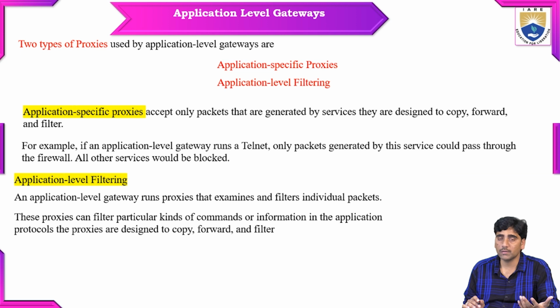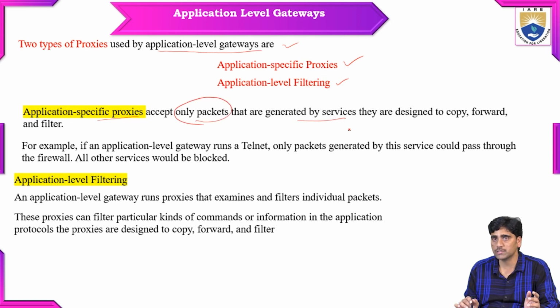So what are the types of proxies used by application level gateways? One is application specific proxy, and the second one is application level filtering. Here, an application specific proxy accepts only the packets that are generated by the services they